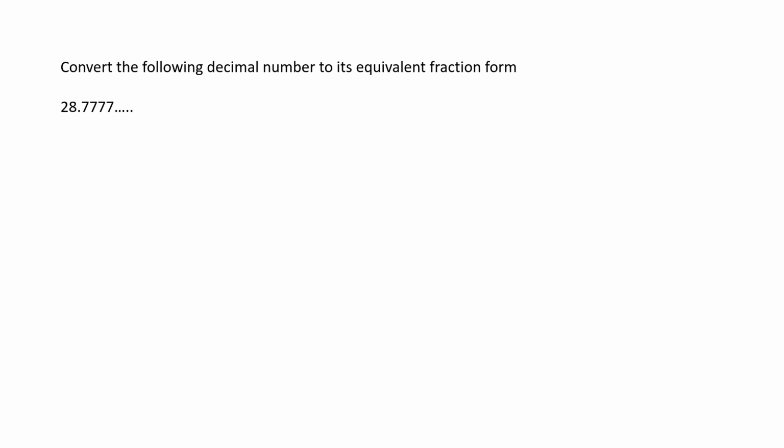Right. Now let's convert the following decimal number to its equivalent fraction form. So we have a decimal number 28.777 and so on. We know that it is a non-terminating and repeating decimal. Now if it is a non-terminating and repeating decimal, then definitely this number can be converted to its fraction form. So let's start here. So now we can write this 28.777 as 28 as a whole number here plus